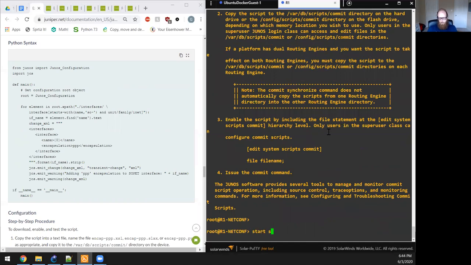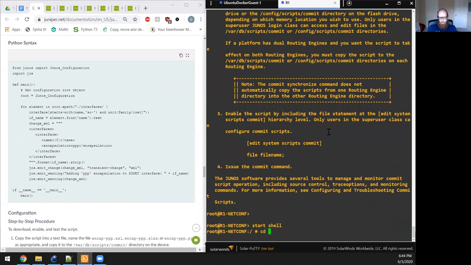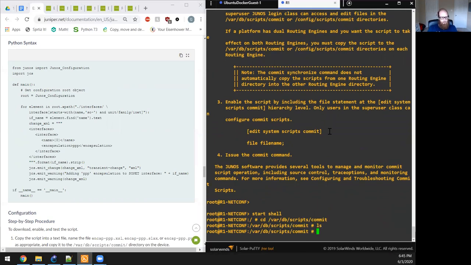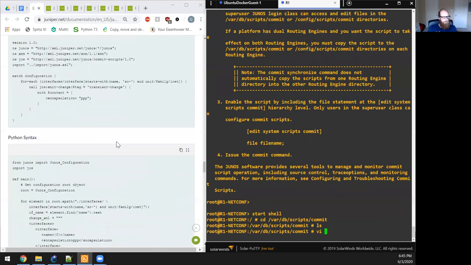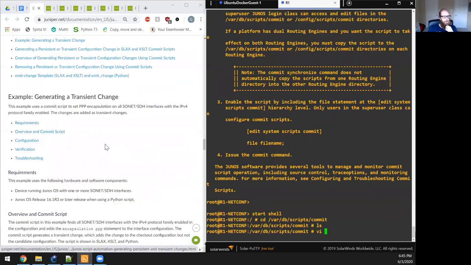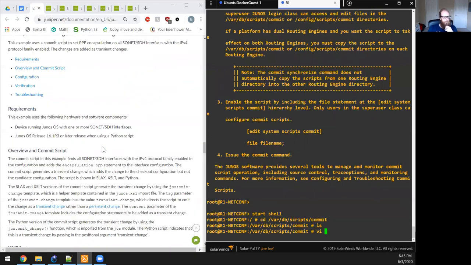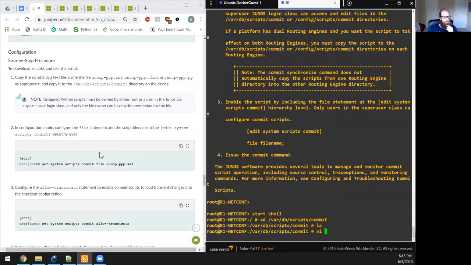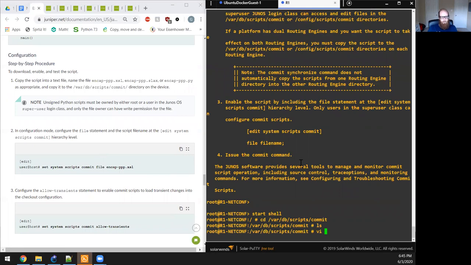So start shell, cd, ls, see if there's any in there. Nope, so this is going to be the first one. And we're going to name it. Okay, so I don't see a naming here that is recommended. Ah, here we go. So it's going to be ENCIE-SP